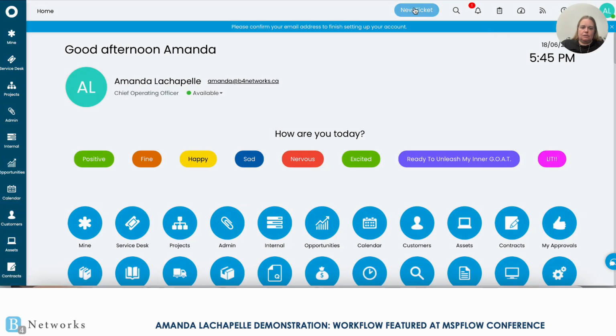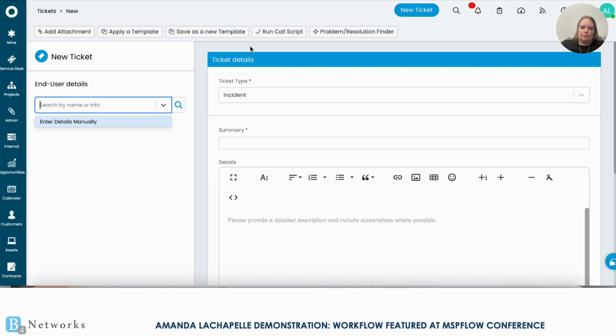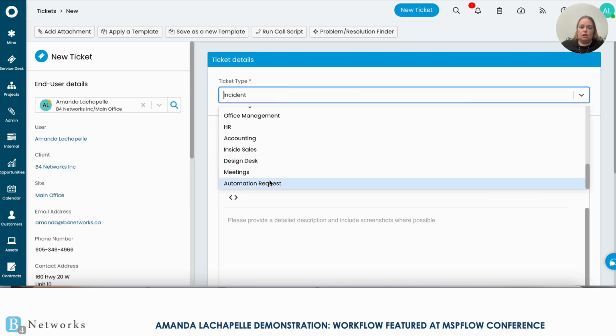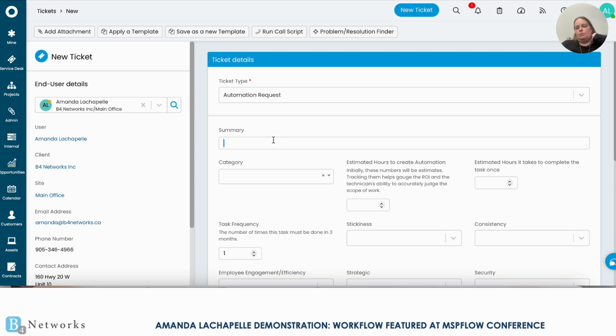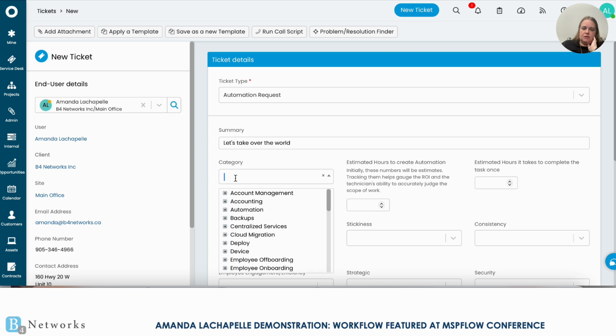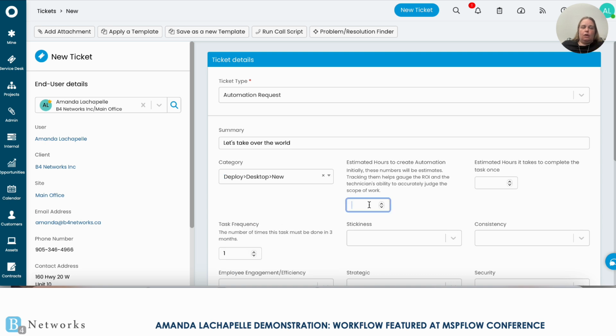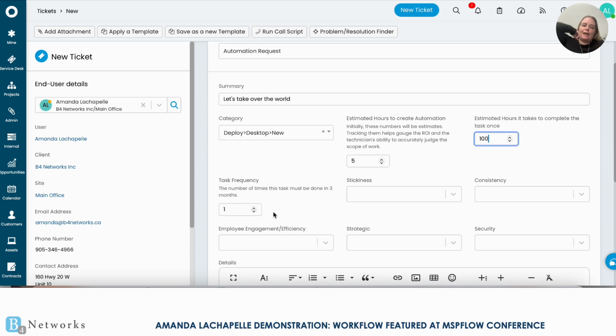So as promised, this is the demo. This is something that's only available if you are an internal B4 Networks employee opening a ticket, and all of the values that you see here. So the category is directly related to the categories that are currently in our tickets, so it's pulling from the live data, and then every other value here is something that we have determined as a goal or factors somehow into the Rewst business math being done on the back end.